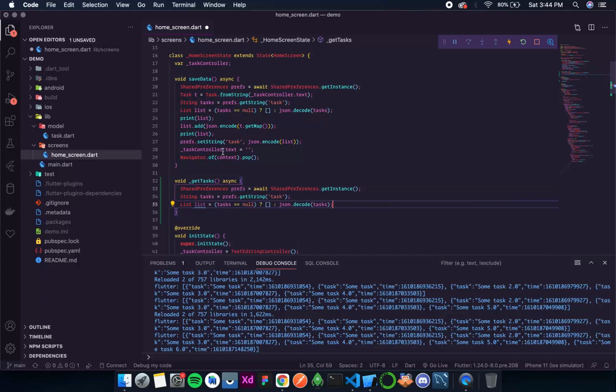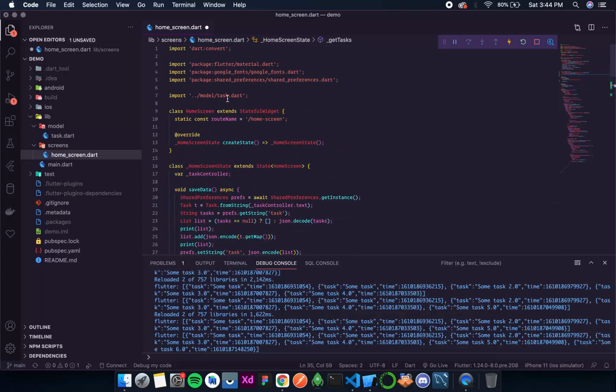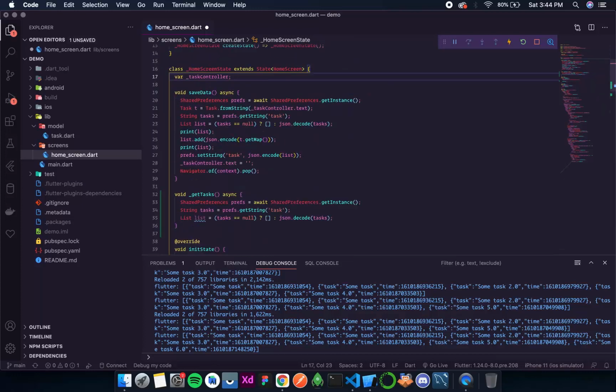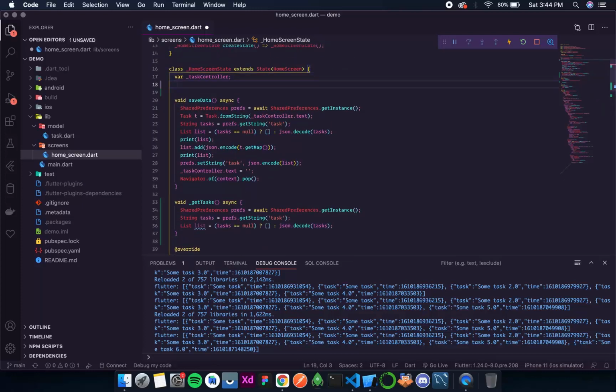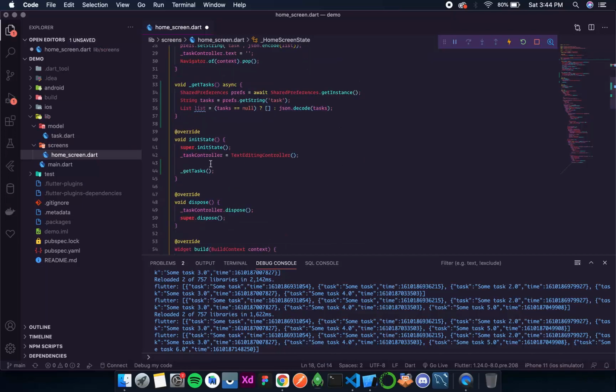Now let's convert it into a list of type task. For that I'll create a global variable over here, and that is tasks. Now I'll initialize it inside init state, or in get tasks would also do, because that method is being called inside init state.